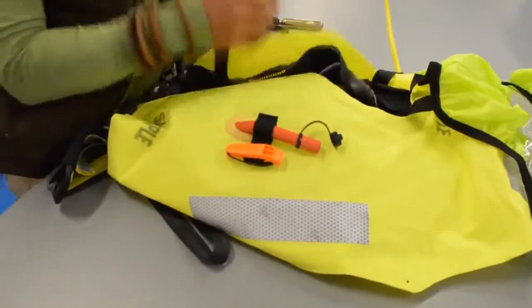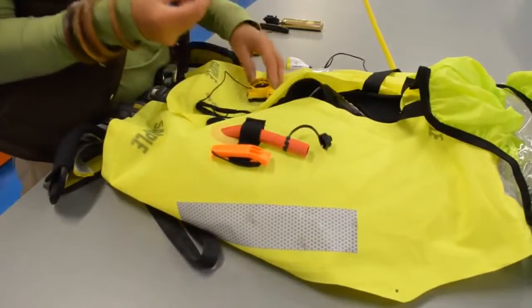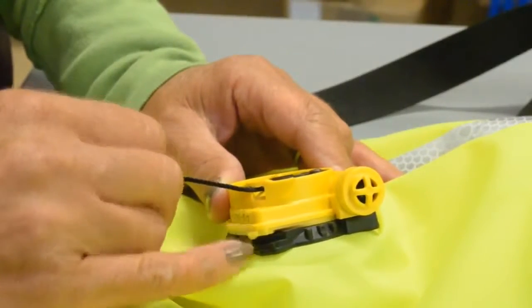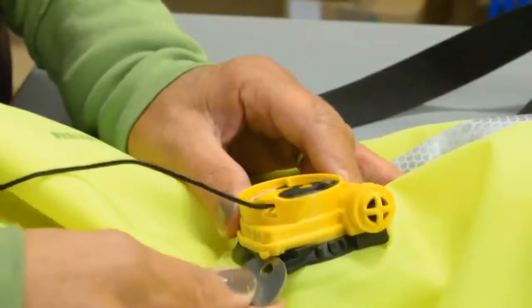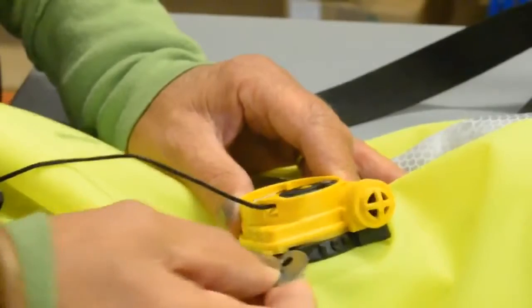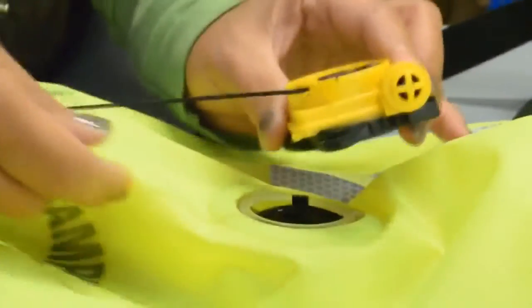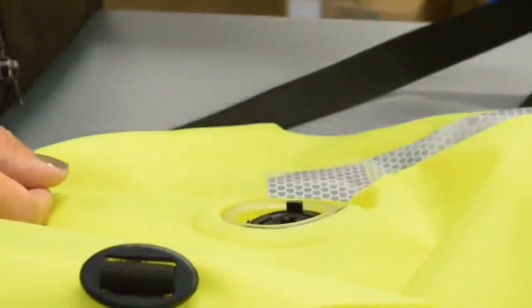To remove the used hammer firing head and cylinder, take the key from the rearming kit. Insert the top of the key between the yellow and black of the firing head and twist the key until the black and yellow twist apart from each other. Once apart, remove the top of the hammer firing head and slide the bottom part and the CO2 cylinder out